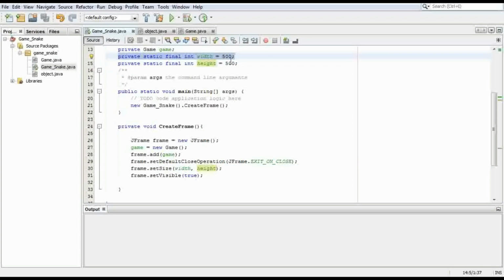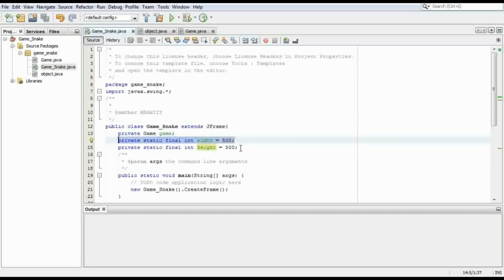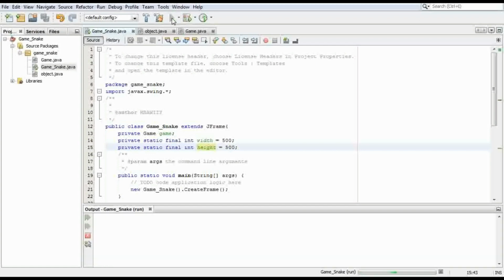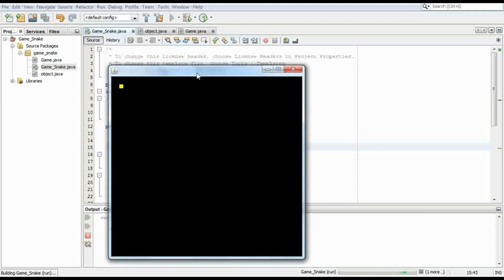statically. They're static variables now, global static variables, because at first I just put 500 by 500. It works, it's okay, but this is the preferred way to do things. And the last time we stopped, when we ran the game, when we clicked run project, we could see the game. This is where we ended, and we are supposed to be moving this object, the snake head at this point, which is the yellow